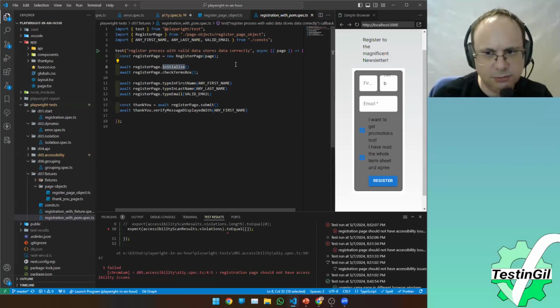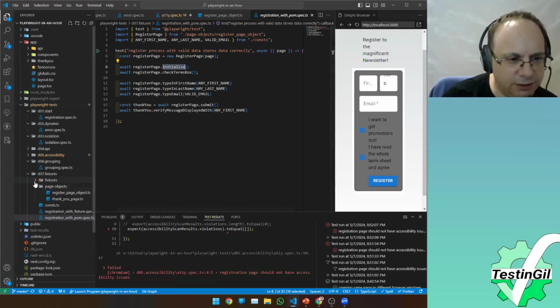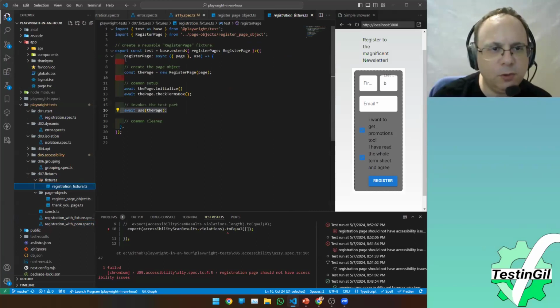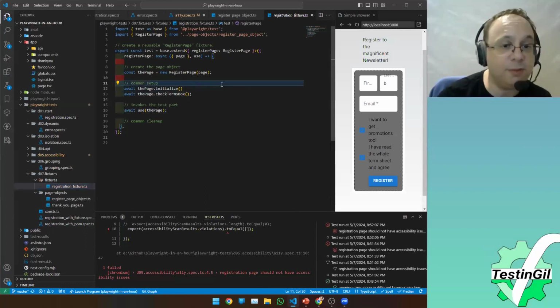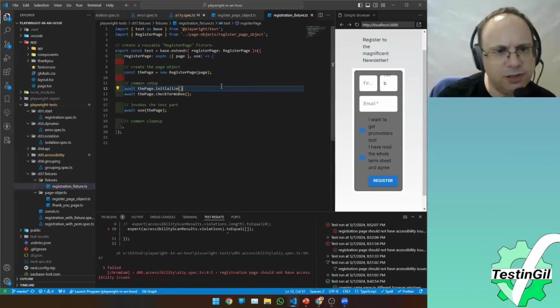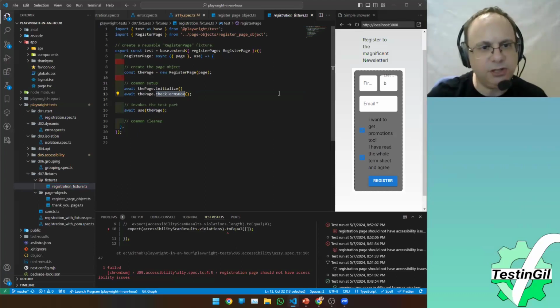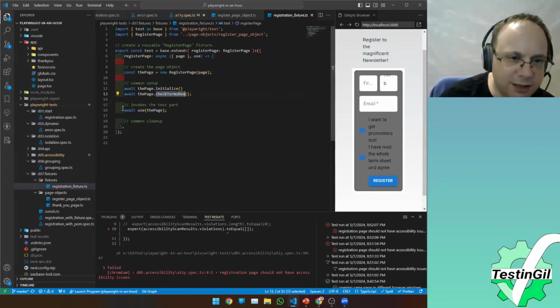Okay, so that's cool. What does a fixture look like? A fixture will take the page object model and wrap it in something called base.extend, and you can put in the common setup that you want. For example, initialize is what I want before every test. But also, if I want some behavior, I can put it here as well. So for example, if I want all my tests using this fixture to start after I check the term box, enabling the button, I can do that. And this line here